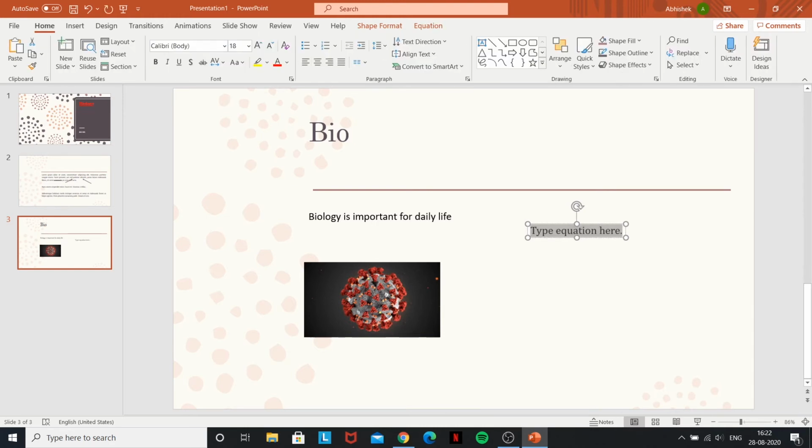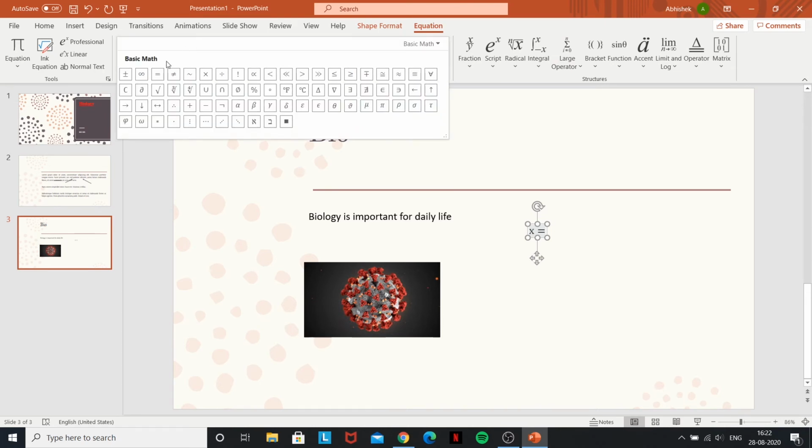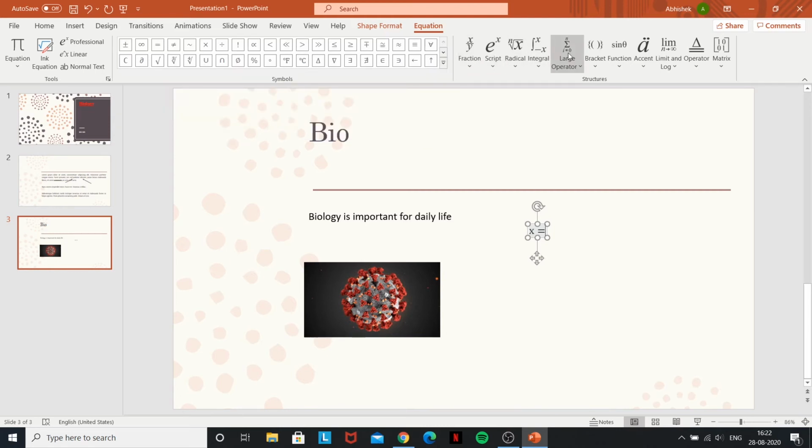So right here I can select this equation and say x is equal to, and I want to write square root of ab. So I can go to equation here and it gives me multiple options. It can first give me all the basic math tools, icons, so different constants, different symbols that I can use. And here are all the assorted functions that I'd like to show. So if I have a fraction, I can do that here. So right now I want square root of AB. So first I'll choose radical. I press radical right there.